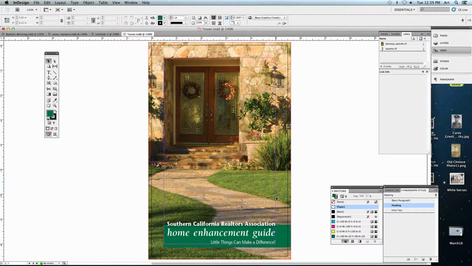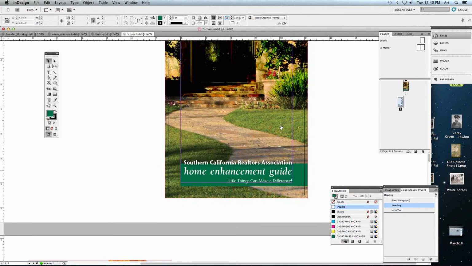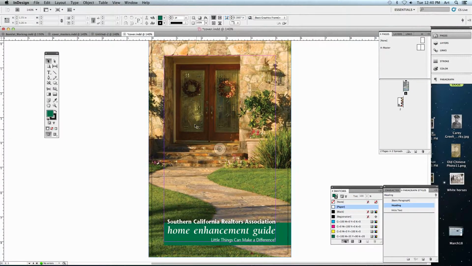From here, it's going to ask you to open up your Pages dialog box. So I've got it right up here. You can see in here I've got page 1 and page 2. And we want them to be relatively the same for what we're going to create. From here, I'm going to take page 1 and turn it into a master document. In other words, I want the layout that's put on the cover to be consistent and to be reused for